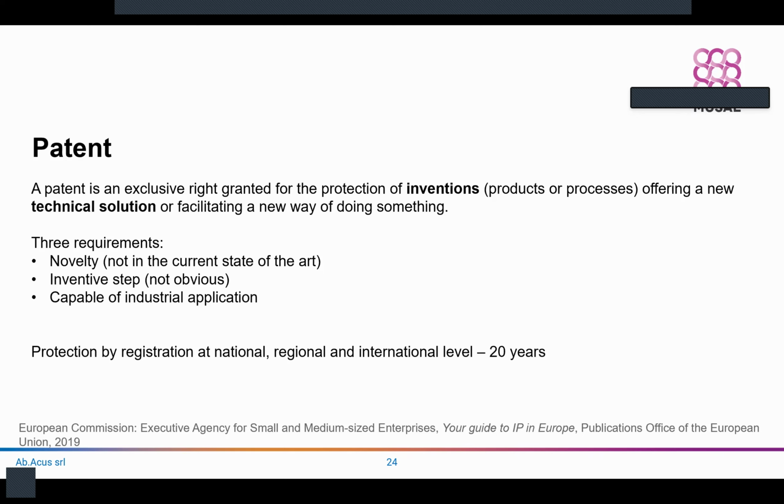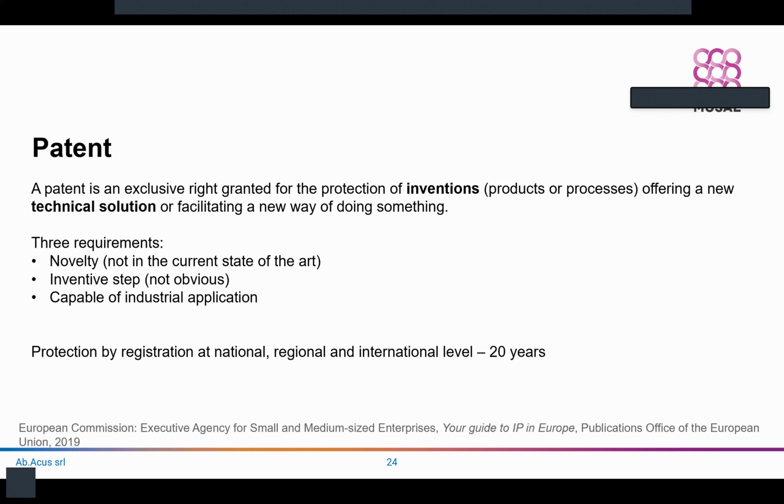This is why in many projects, when you have a company working with a university, you have some problem, because the interest of a university, of an academic body, is to publish, while the interest of a company is to keep the invention protected as much as possible. Otherwise, you are no longer able to get a patent for that. So novelty, not in the current state of the art,